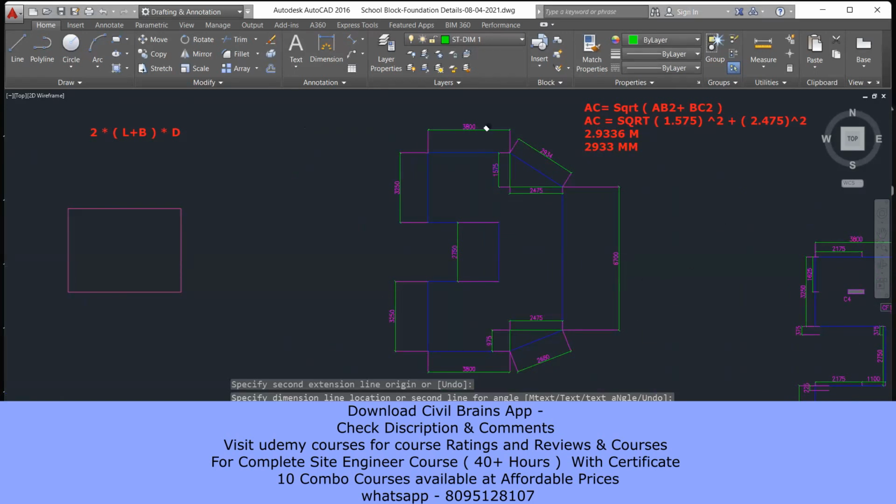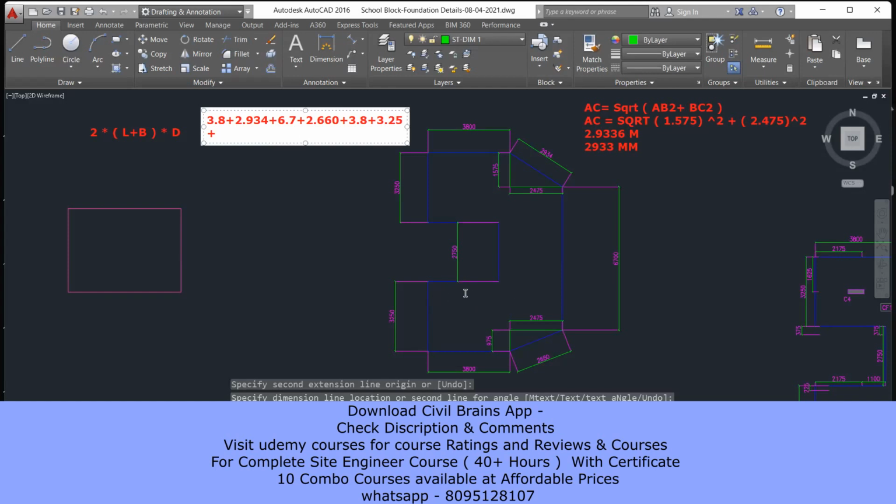Now directly, if I want to find the perimeter, simply add all the distances here. That is a perimeter distance. That is 3.8. I'm starting from here. Concentrate. I'm starting from this point. 3.8 plus next is 2.934 plus next is 6.7. I'm going here. This is the next one. It is 6.7 plus next it is 2.660. I'll come here. This is 2.660 plus this is 3.8 plus this is 3.25 plus